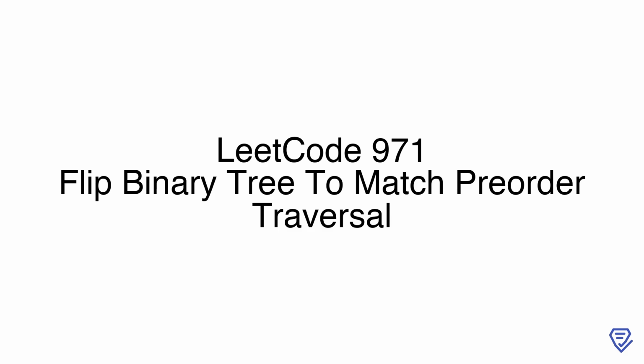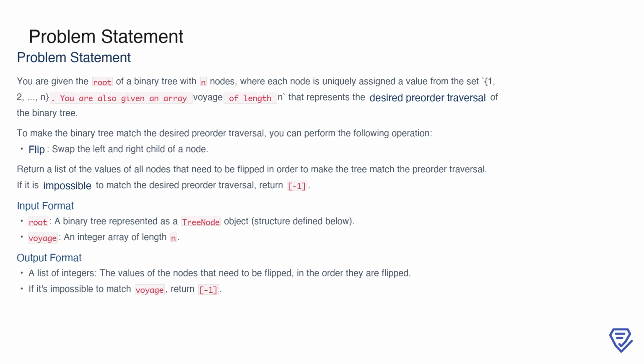Welcome! In this session, we'll explore LeetCode problem number 971, flip binary tree to match preorder traversal. We'll break down the problem, analyze the algorithm, and walk through the solution step by step. Let's dive right in. In this problem, you are given the root of a binary tree with n nodes, where